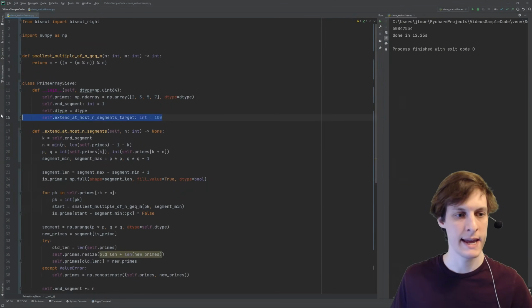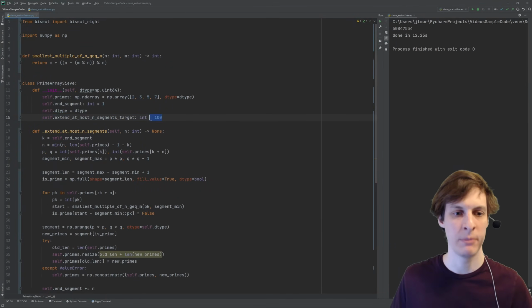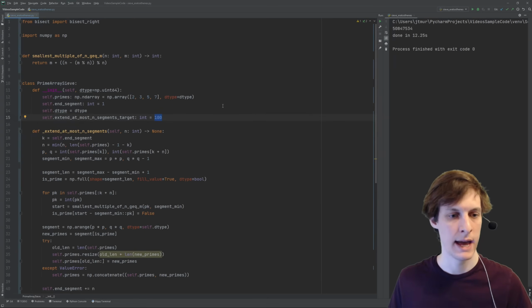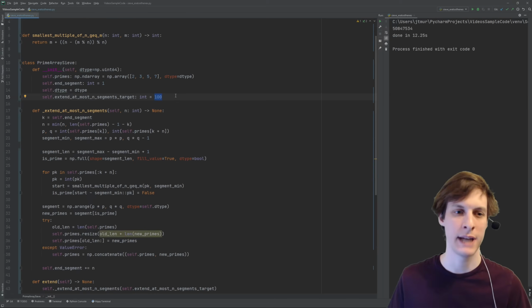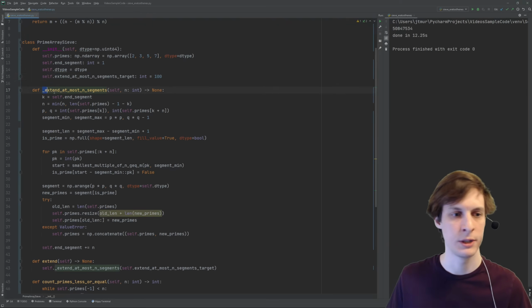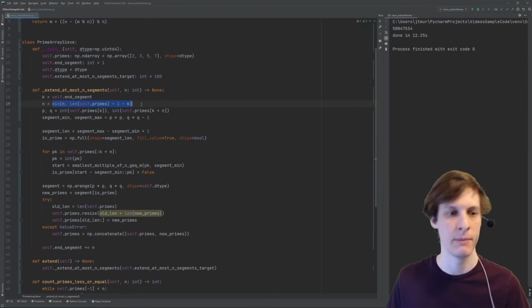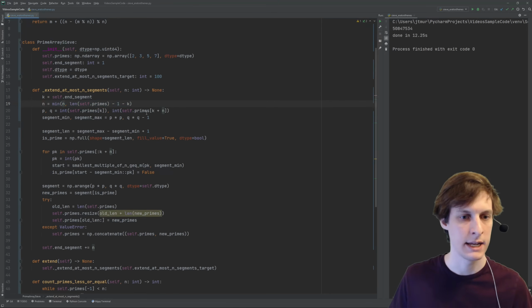All right, so I went ahead and I added in this extend at most n segments target. So this is just going to tell us how many primes ahead do we want to look at a time. Before we were just doing 1. So now I'm going to say try and do 100. Of course, initially I don't have 100 primes to work with, but it will pretty quickly get up to the point where I can go 100 primes at a time. So I just changed this to extend at most n segments at a time. Now it takes this parameter n. This used to just be 1, and then this is like the maximum number of primes that I could extend by. And then I just replace that n in these places. And other than that, everything else is the same.